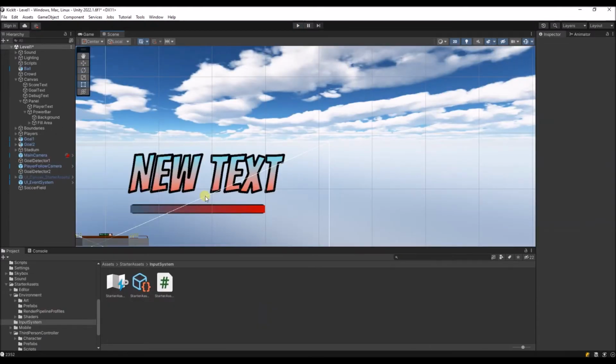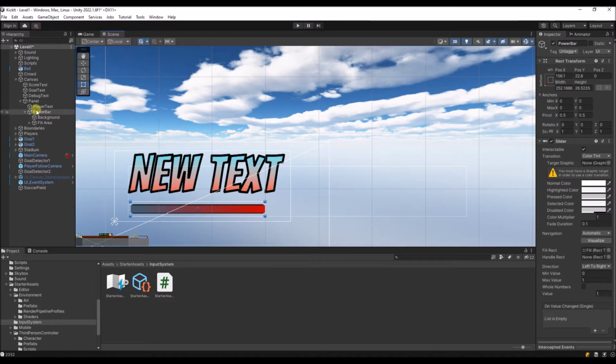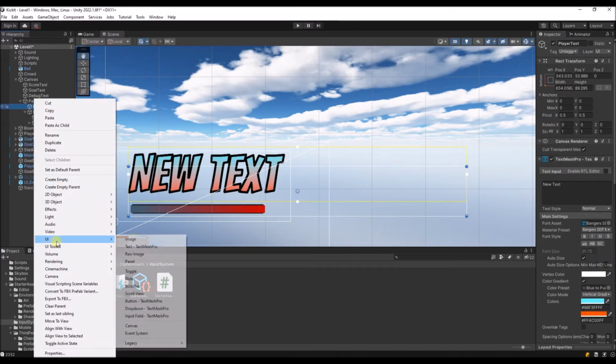In my previous tutorial you could shoot the ball by clicking the left mouse button. What we're now going to do is when you press down the left mouse button, you can hold it, and the longer you hold it, the more powerful you will shoot. And as soon as you release the left mouse button, you will finally shoot. So therefore I've added this slider, that's a UI element slider,